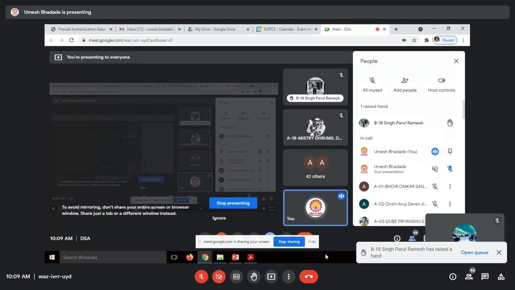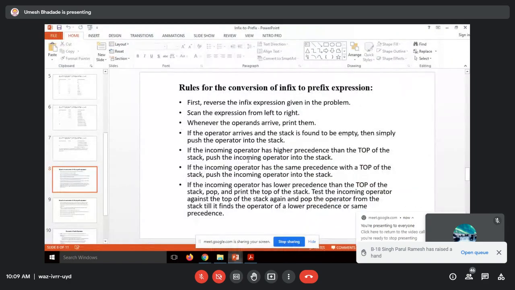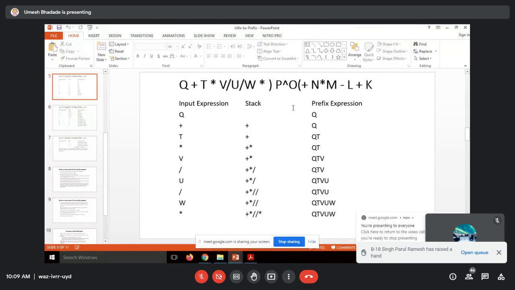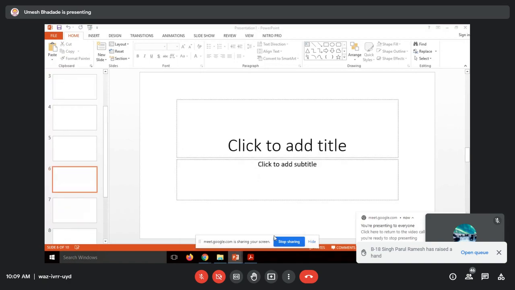That's all. Because if the expression is postfix or prefix, then we don't have to think of precedence, because already while conversion we have thought of that precedence. We consider brackets only at the time of precedence, not at the time of operations, because in prefix or postfix we are eliminating the opening and closing parentheses, because parentheses don't represent any operations. They are there only for the sake of precedence. Say for example, if you consider this,